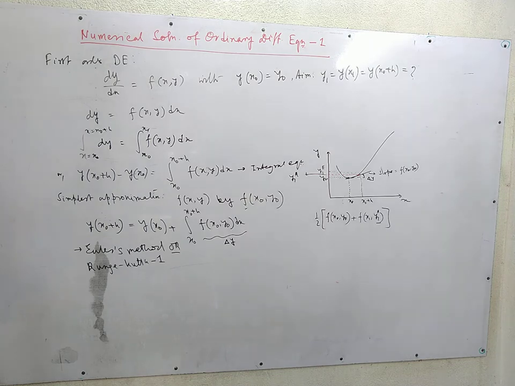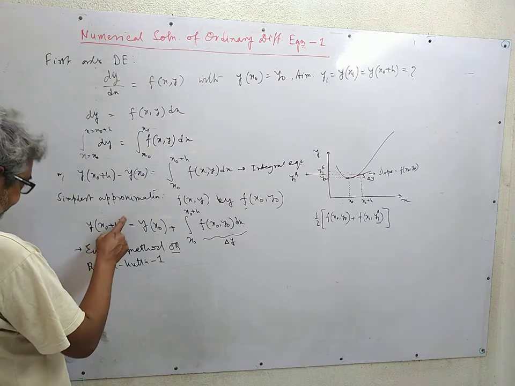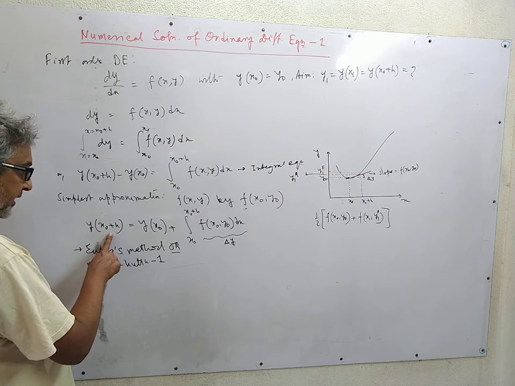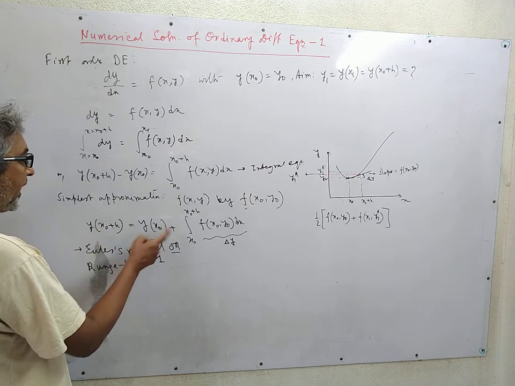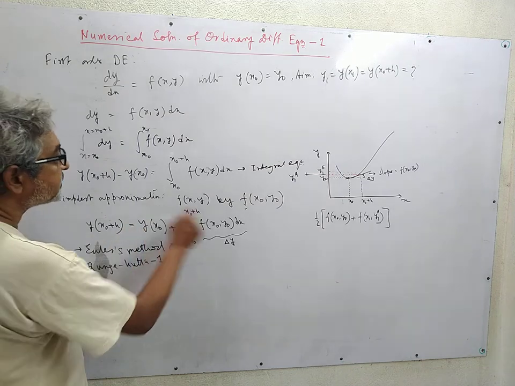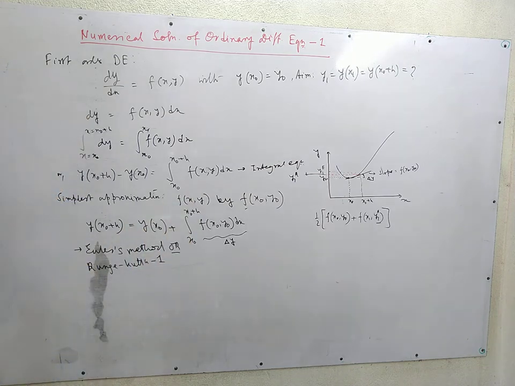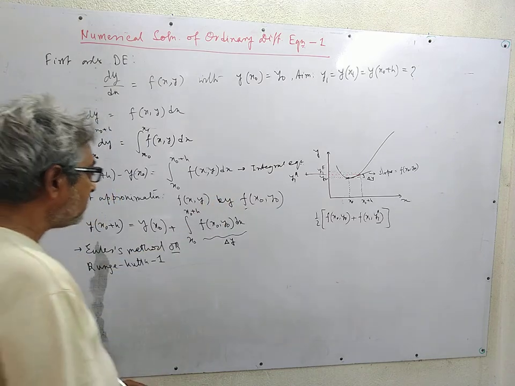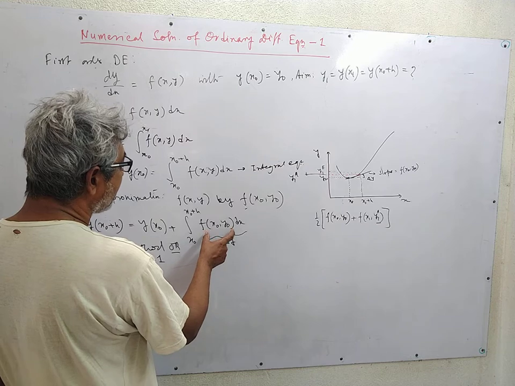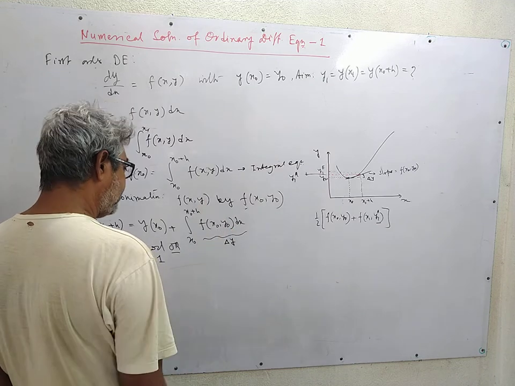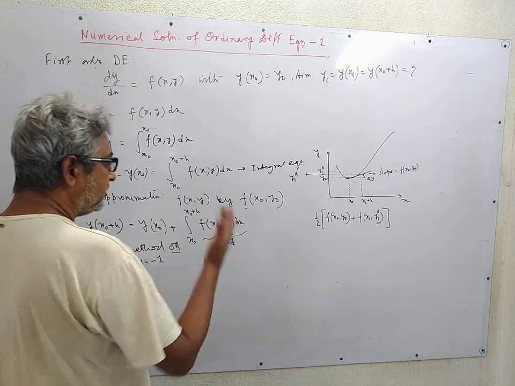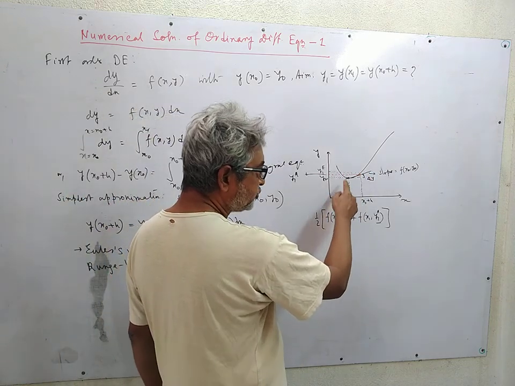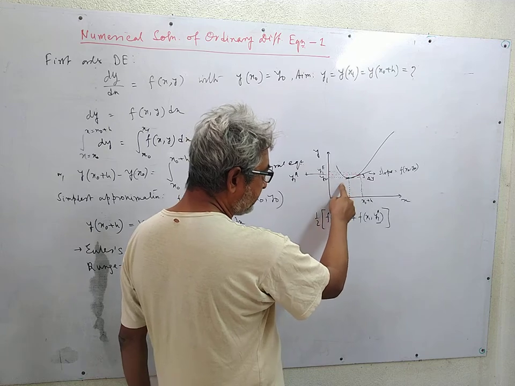Our main aim is to find out the value of y at x0 plus h by knowing the value of y at x0. This involves an integral equation. The integral equation we cannot solve exactly. In the Euler method we use the simplest approximation and replace f by its value at x0, y0. That is, we estimate the value of y starting from the slope of the curve at the beginning of the